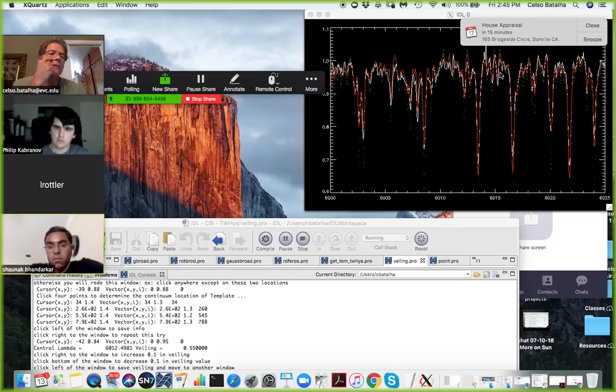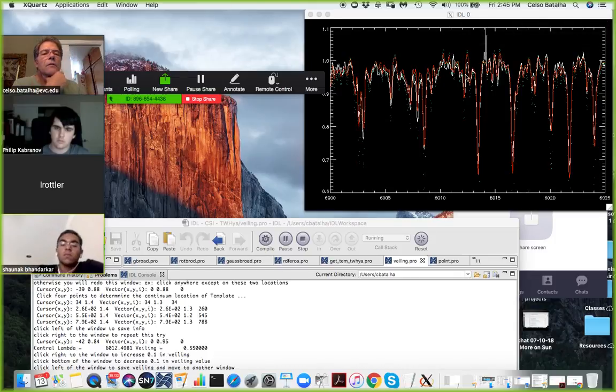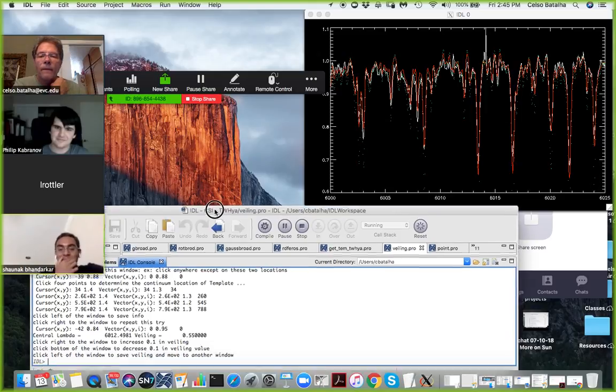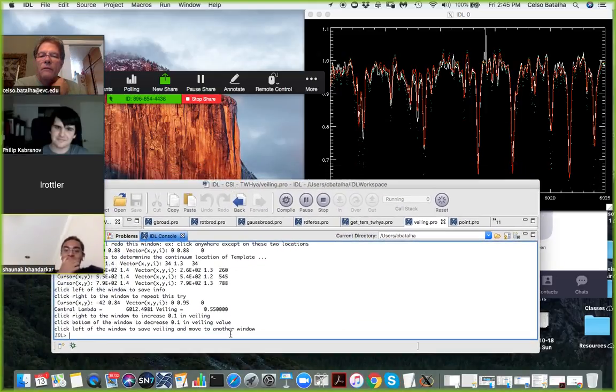The white is the house. The white is the T-Tori, and these green dots are the points where the templates were previously. Now here I'm printing out the veiling just to have an idea. So for this star record number,